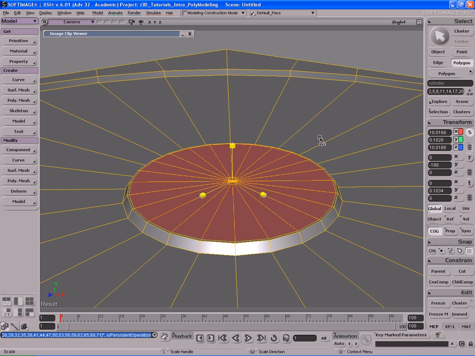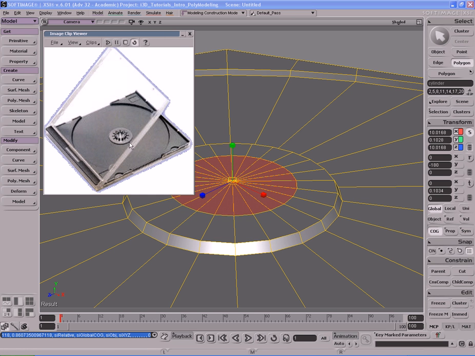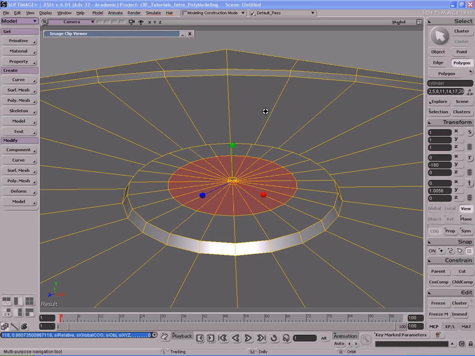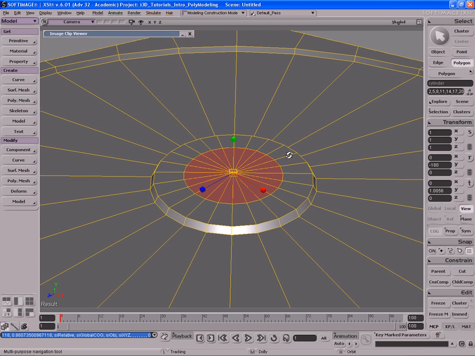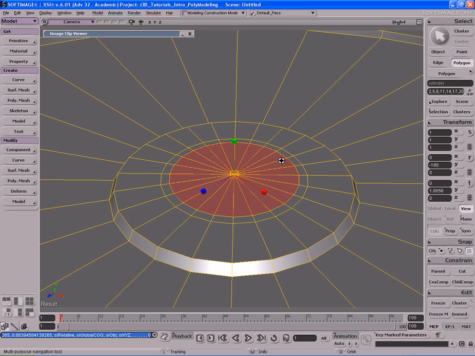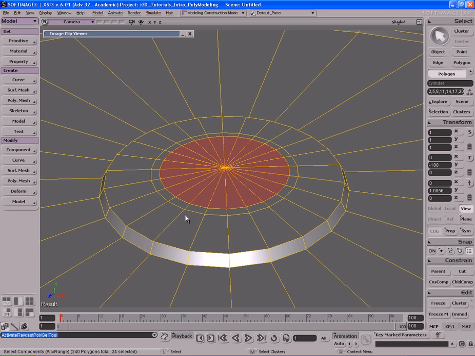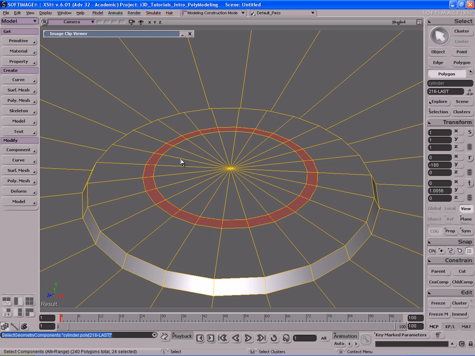So let's extrude one more time. I'm going to bring this in to about maybe about right there. Looks good. I'm going to extrude again. I'm going to bring it in about this much. Okay, that's good. Now I'm going to select this polygon, Alt and middle click this one to select the ring